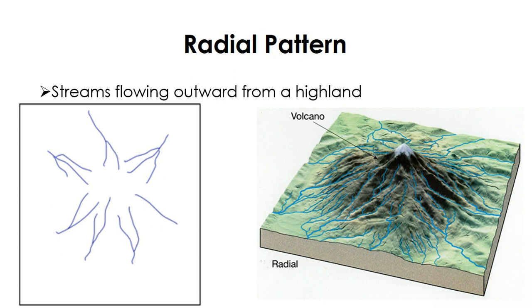So once the volcano dies or the activity completely ends, it will start storing water if there is a crater especially, and from the crater water will start going out through springs and it acts as a source of rivers, and a number of rivers start originating from the top of the hill. Then it will start flowing in different directions and it will give rise to this kind of a pattern, and this pattern is called as the radial pattern.